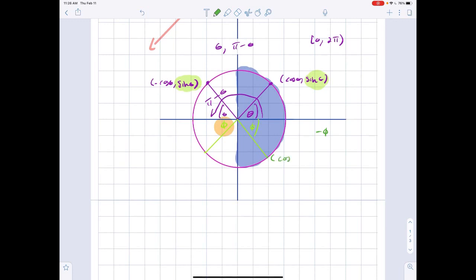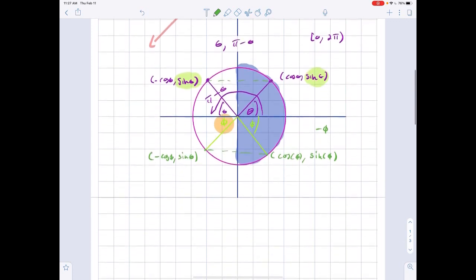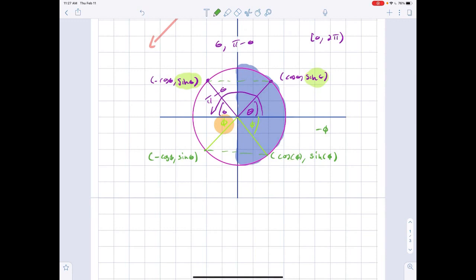different. This is going to be cosine of phi and sine of phi, and this one is going to be negative cosine of phi and sine of phi. Because the y coordinates of these points, the cosine values are the same, just like the y coordinates of these points are the same. Well, so again, if I wanted the solution in 0 to 2 pi, I have to